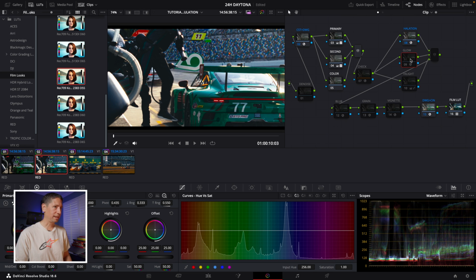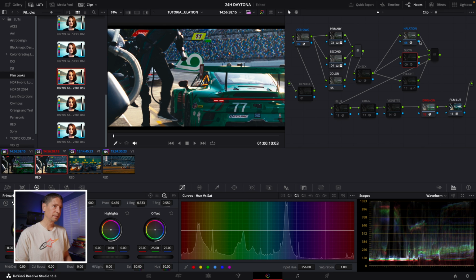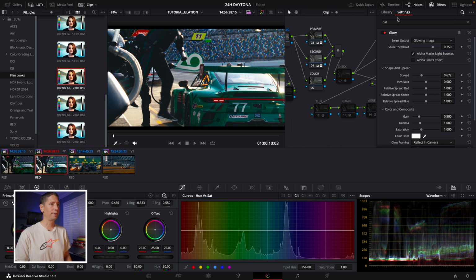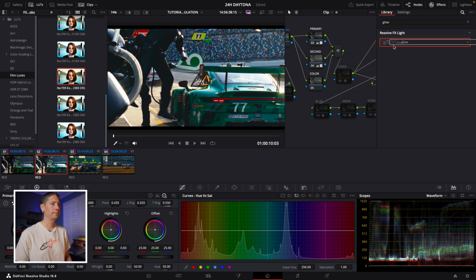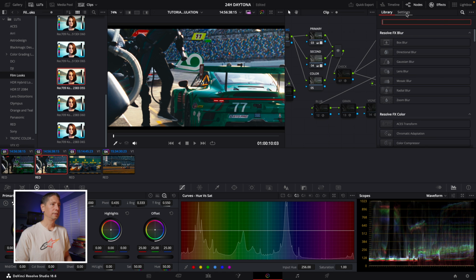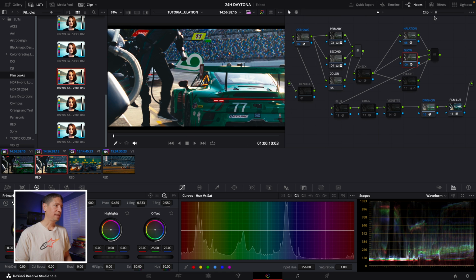The second one that I like to play with is glow. And you can see here if I go full screen again and toggle this on or off, this is also just an OFX node. So we'll turn that on, and again, same thing as before, just go into your library and throw on this glow onto a node of your choice. And that's what we've done here. So we have halation,